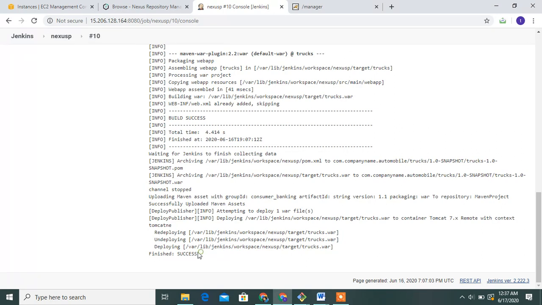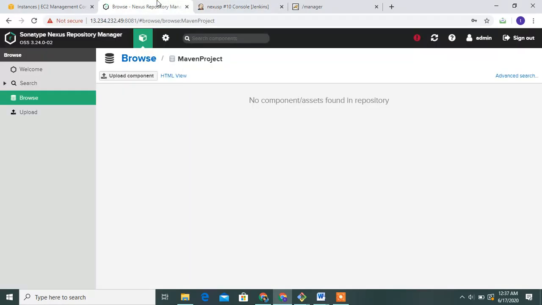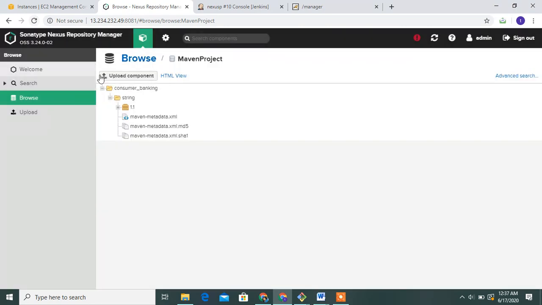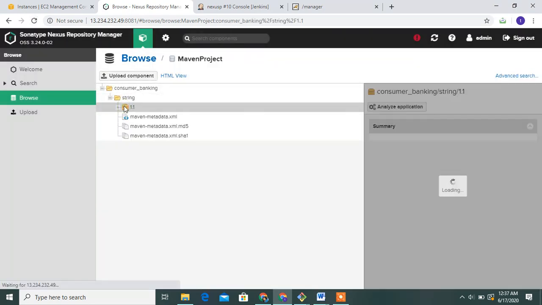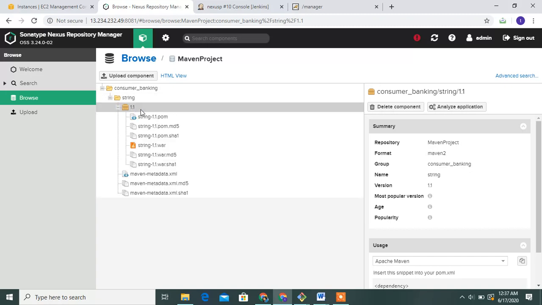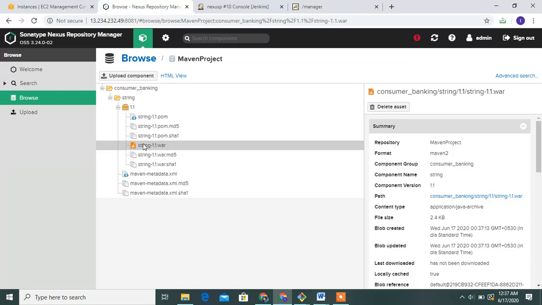Yes, guys, see this, successfully stored the WAR file. Once check it, once refresh it. Then see this, guys, successfully accessing it, and this is a WAR file.